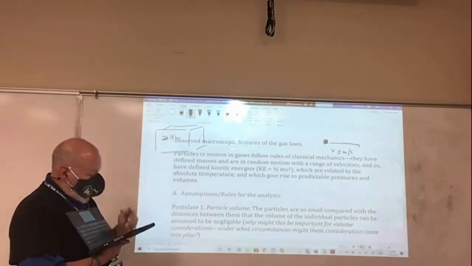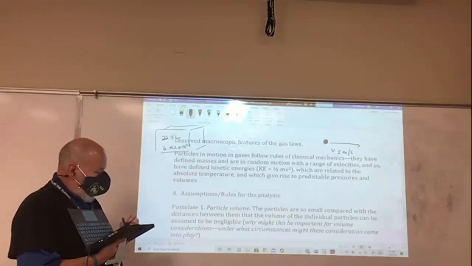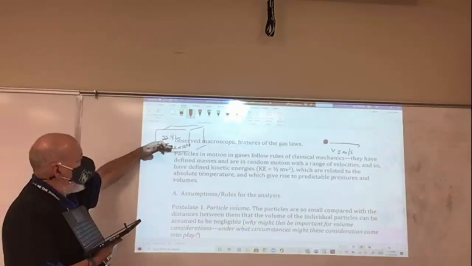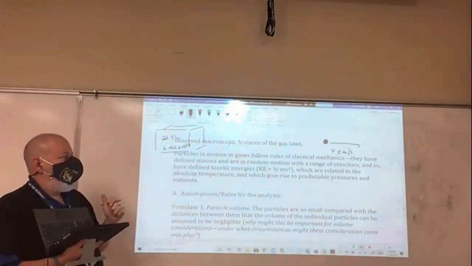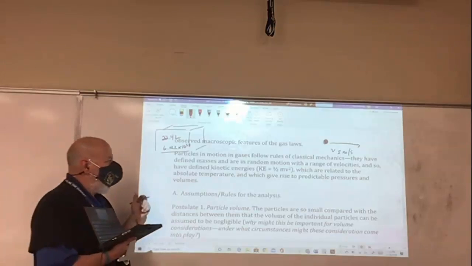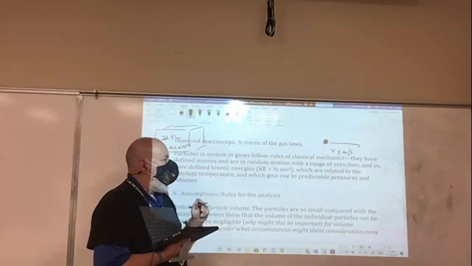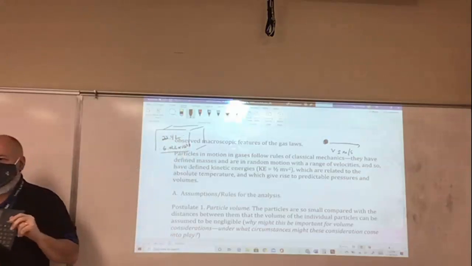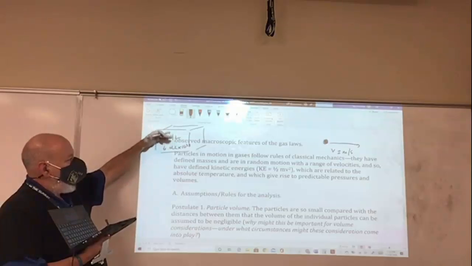But if I have one of these, I have 6.022 times 10 to the 23rd particles, and that's like 600 sextillion particles. And every single one of these particles is following the rules of physics. Because they are in motion, they have a specific kinetic energy. Each particle has a kinetic energy of 1/2 mv squared. Now the thing is, not all of these 6.022 times 10 to the 23rd particles are going to have the same velocity. For simplicity's sake, we're going to say they have the same mass at this point, but they're